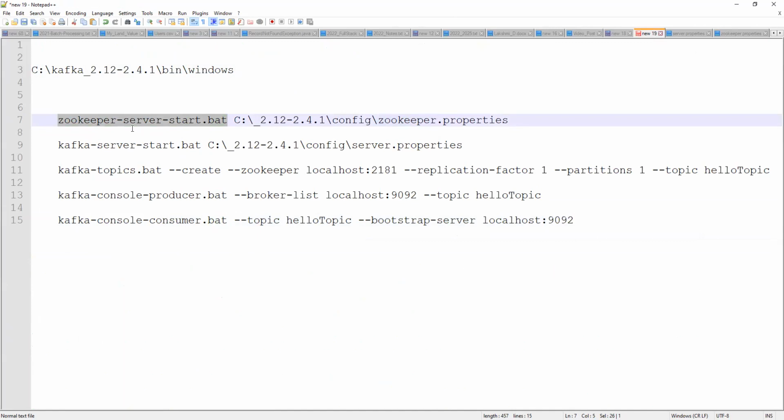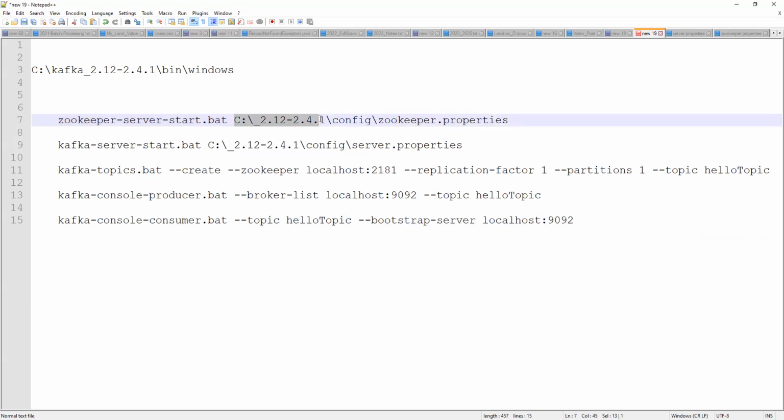This is the file. Why can't we directly start here? Because you need to map your properties also. Your Zookeeper properties are saved in these properties, these log files. So whenever you are starting your Zookeeper bat file, you need to tell it where to take the properties from dynamically, from the Zookeeper properties.